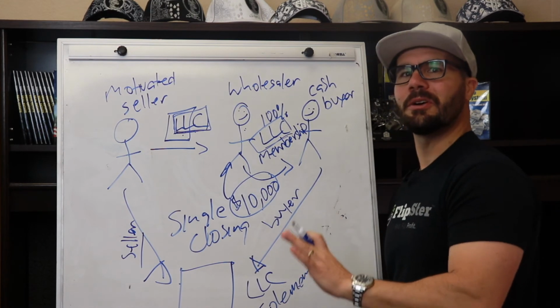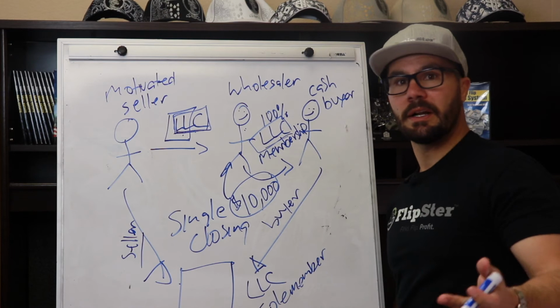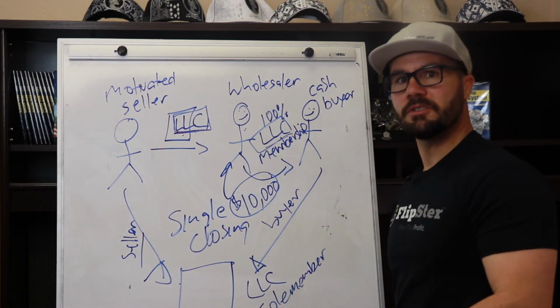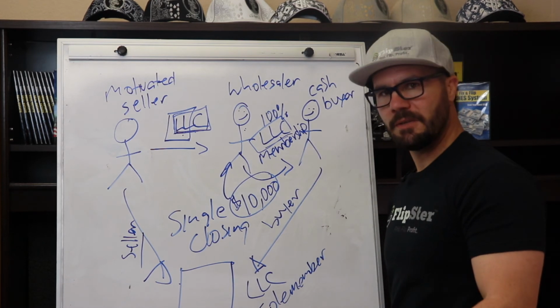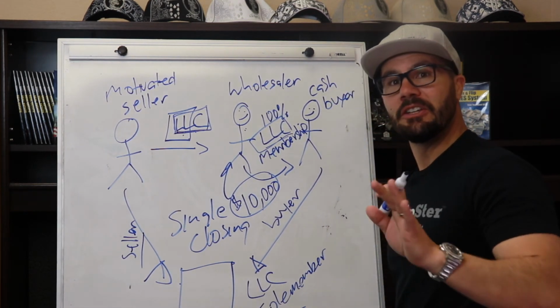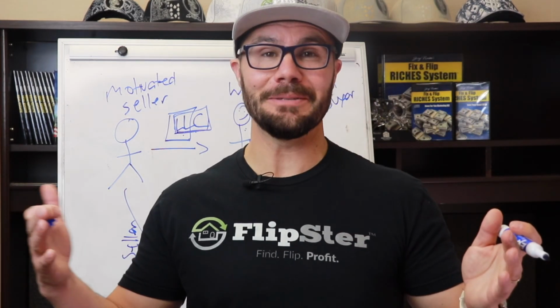Contract doesn't change, only the owner of the contract changes, and you walk away with your fee just like you would on a single closing assignment, and did not have to do a double closing, bring money to funding, pay closing fees, none of that. All of that goes away following this strategy, and you just did a workaround to the no assignment clause. Isn't that awesome? Hope that makes sense.